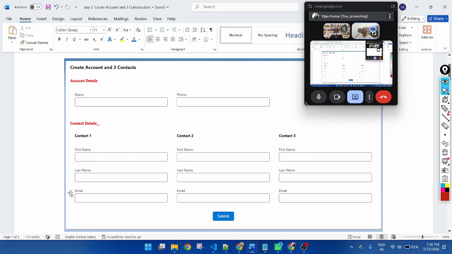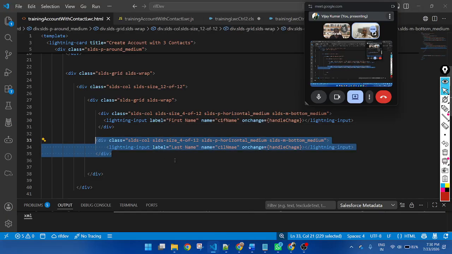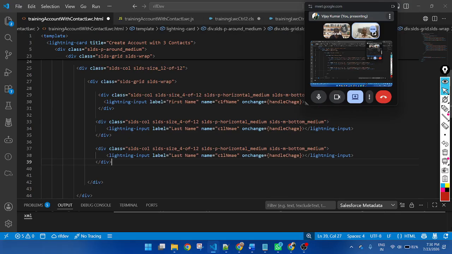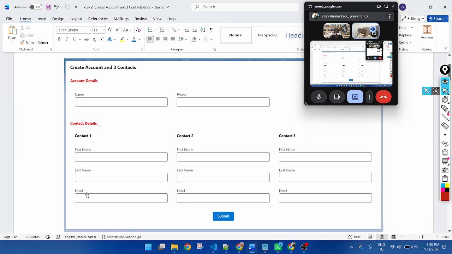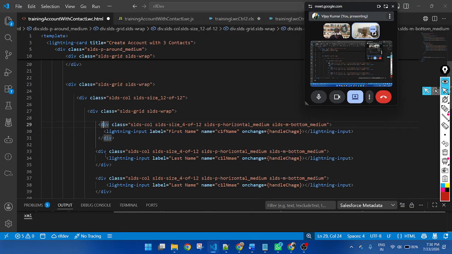So first name, last name, and email. So create for the email, copy email, this one. No, actually, this is a first row.